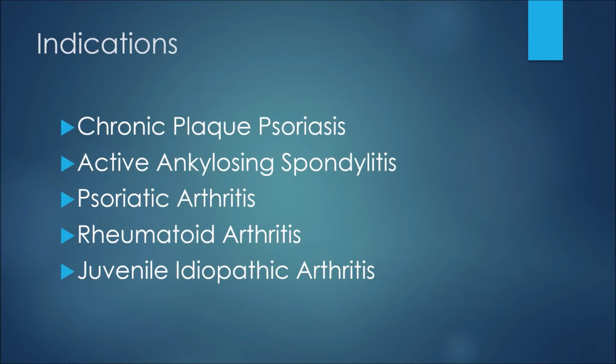In terms of indications or reasons we would prescribe this medication to a patient, well, Etanercept may be used for chronic plaque psoriasis or active ankylosing spondylitis. As well, this medication may be used in patients who suffer from psoriatic arthritis, rheumatoid arthritis, as well as juvenile